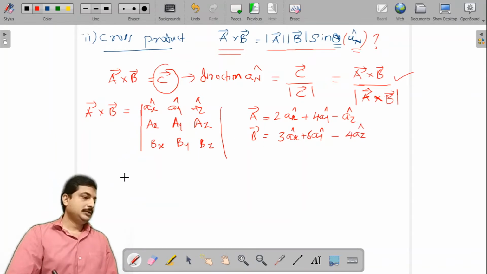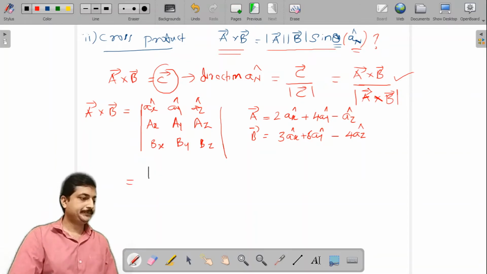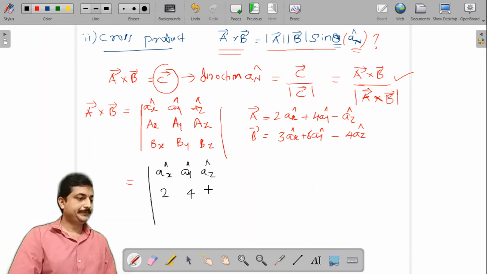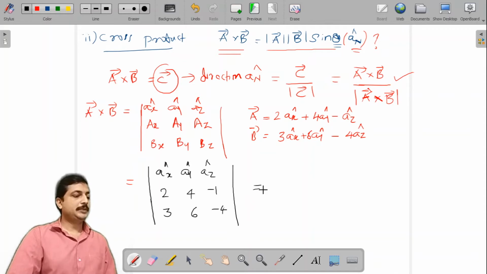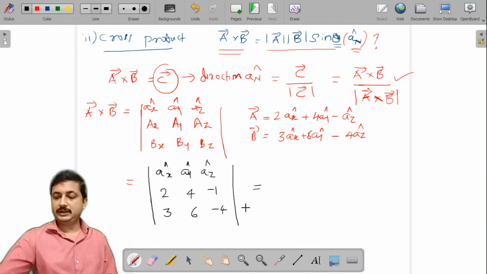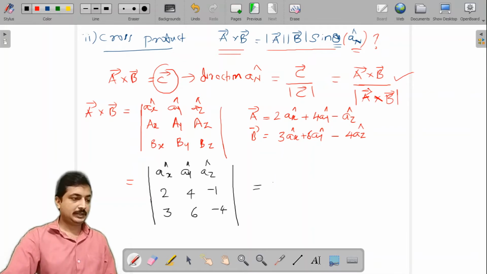Agree? Now what will be the cross product of these two? The cross product of these two will be ax cap, ay cap, az cap, and ax is 2, 4, minus 1, and bx is 3, 6, and minus 4. So like the previous video, please find the determinant. If you find the determinant, you will get the value as minus 10